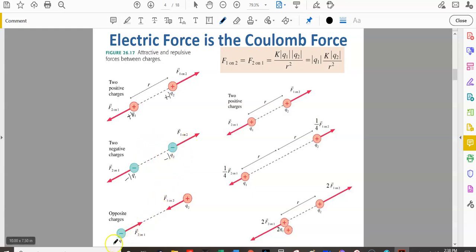If you have a negative 1Q and a positive 1Q, well, they're going to be attracted now, okay? And so that force diagram is now going to be reversed, and you have to think about the direction of the force vector, whether they're attracted or repelling, and that's going to be responsible for this being a positive or negative force, okay? But let's talk in more depth about the relationship of Q's